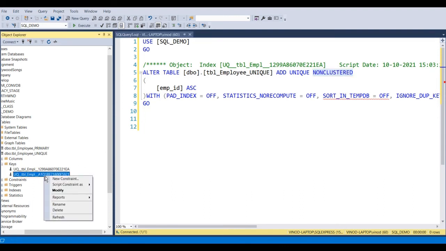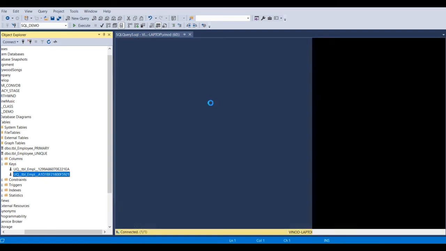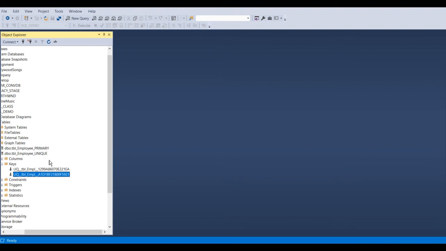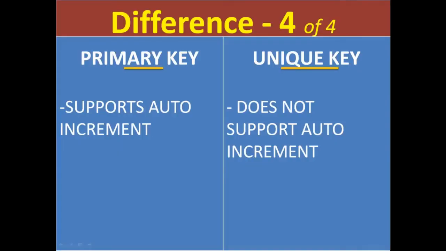And even if you consider the second index which is there, which was on contact number, it is also non-clustered. So the summary is unique key creates non-clustered index.